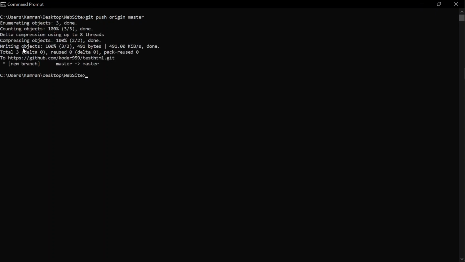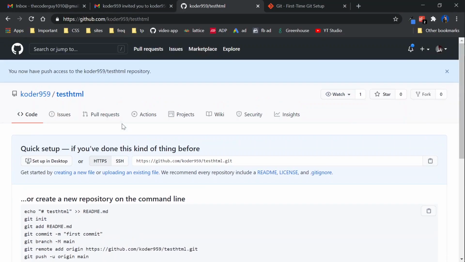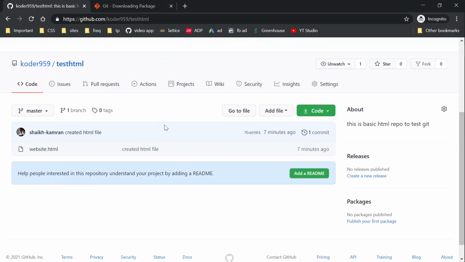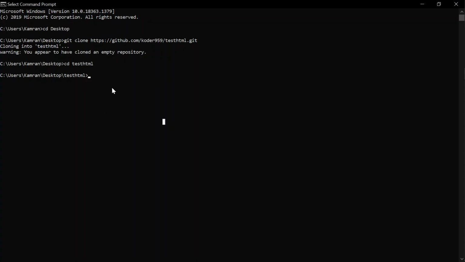So here you can see the whole code has been pushed to the GitHub repo. Once you refresh it, you can see that a new file has been pushed to the repo. Now let's see how to get these changes in some other folder. This is the other folder in which I want to get the changes made by the other developers.